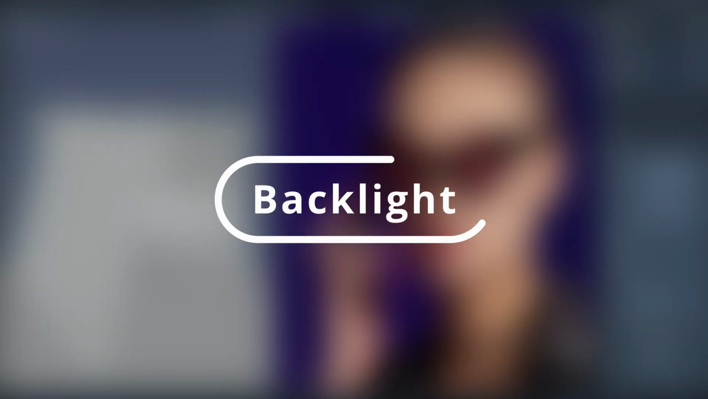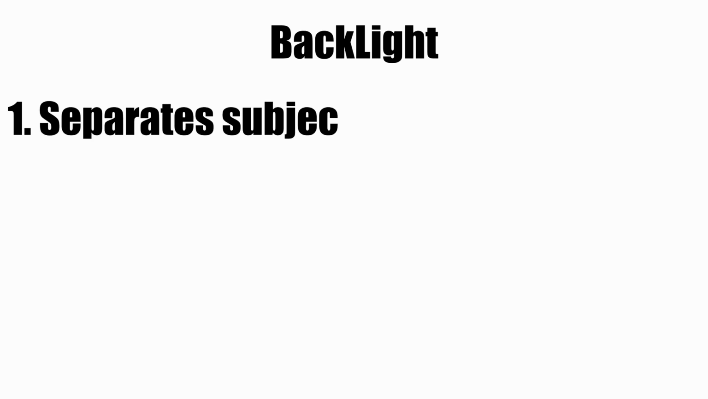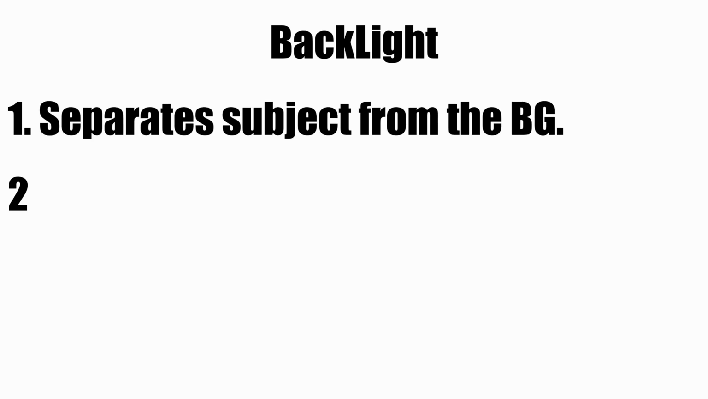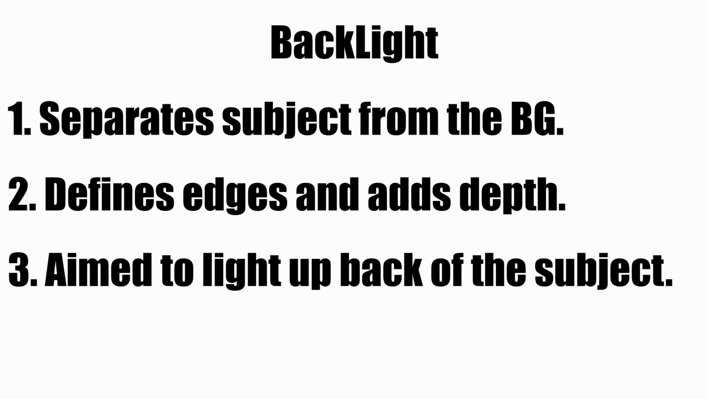And now let's talk about the backlight. The backlight's main job is to separate your subject from the background. It helps define the edges and add depth to your scene so your character doesn't blend into the backdrop. And typically it's placed at about a 45-degree angle behind the subject, aimed to light up areas like shoulders and the